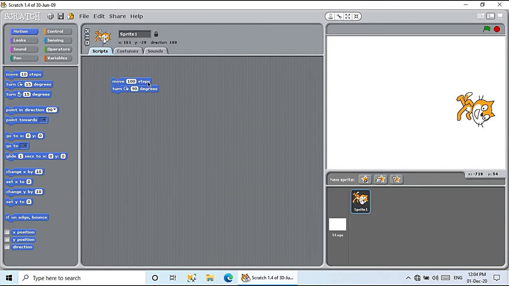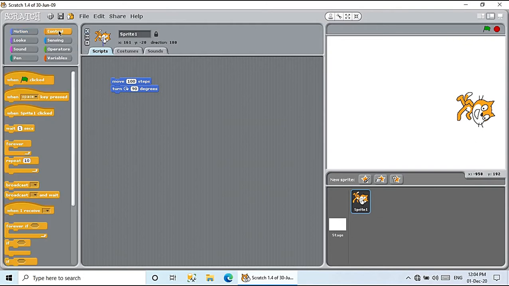One way is this, and instead of this I can also use this green flag, children. But for green flag we need control button. From control button you should have this when green flag option. If you have placed this green flag option, then you do not have to double click here. Instead of that, you can use this green flag option to execute your script.